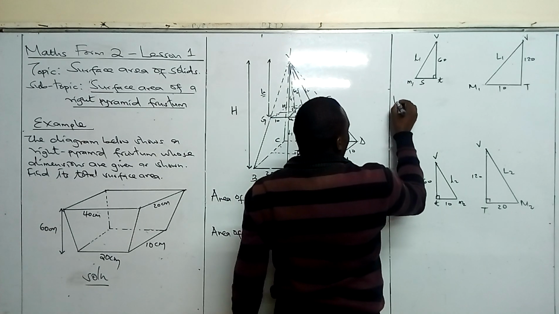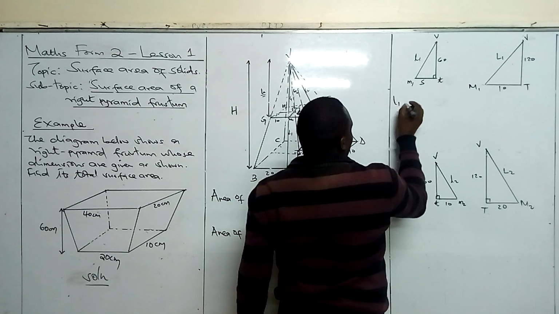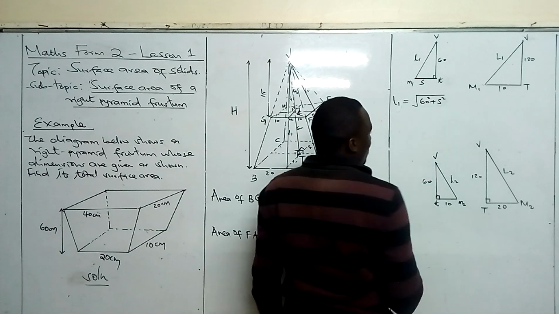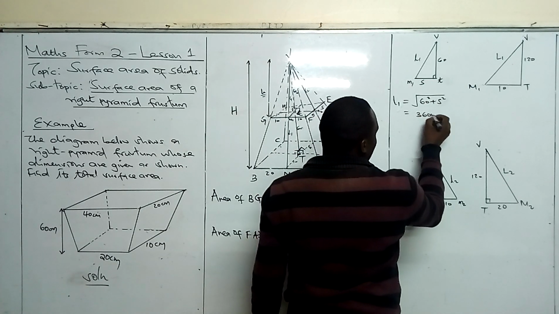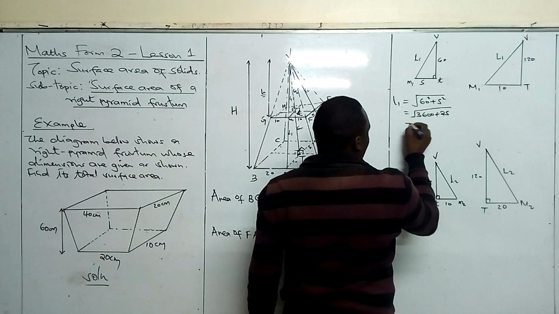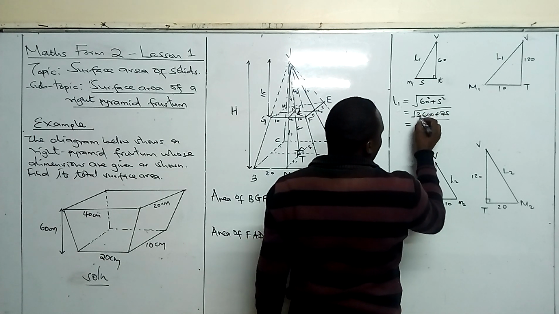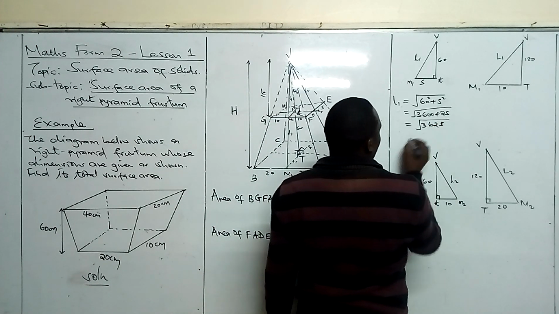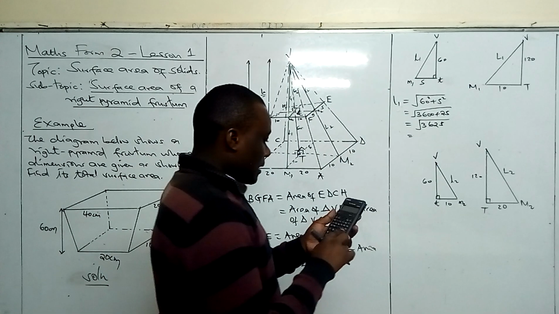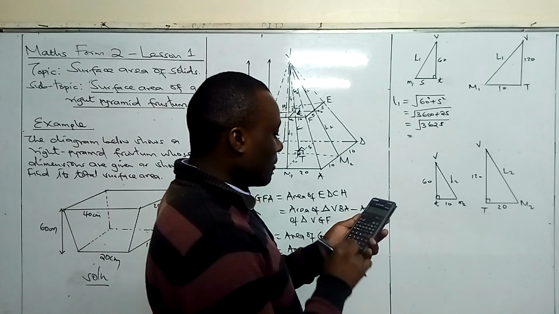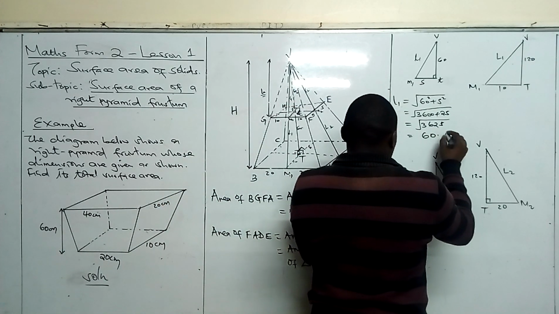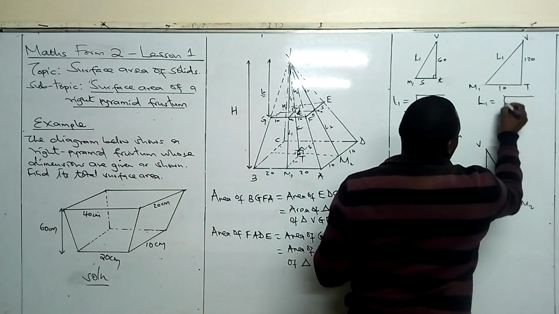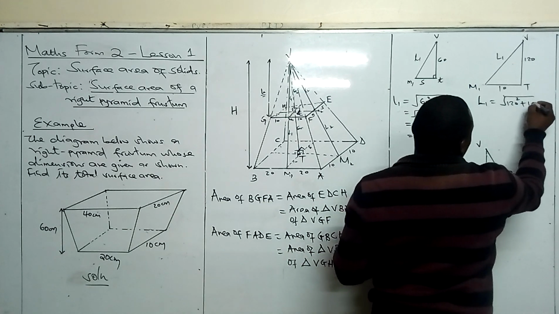So we will say L1 is equal to the square root of 60 squared plus 5 squared. This will give us 3,600 plus 25. When you add 3,600 plus 25, you get 3,625. So the square root of 3,625 is 60.21 centimeters. Now let's find small l1, which is the square root of 120 squared plus 10 squared,